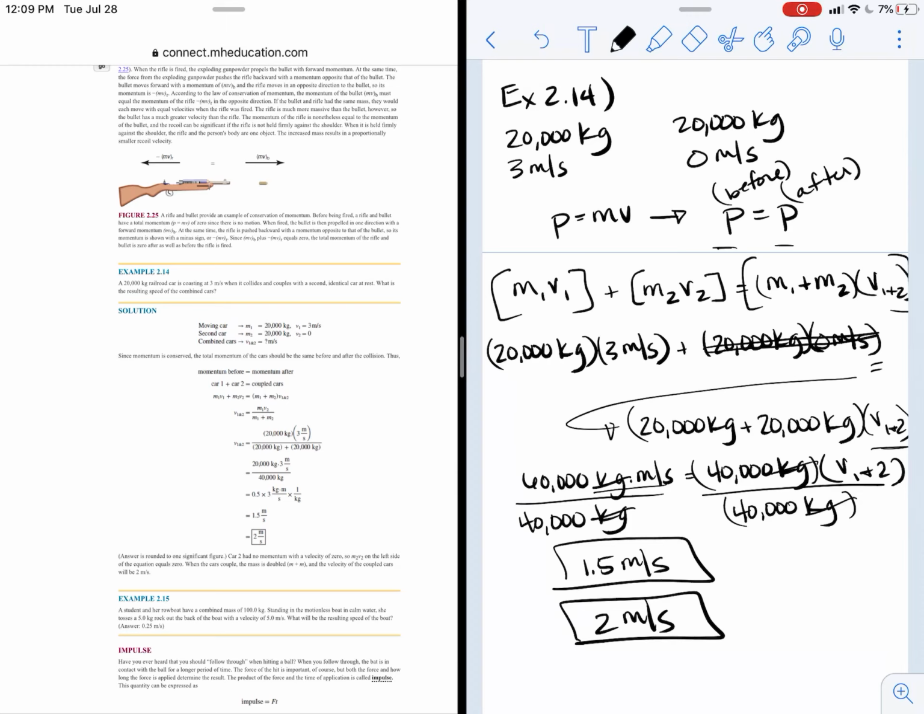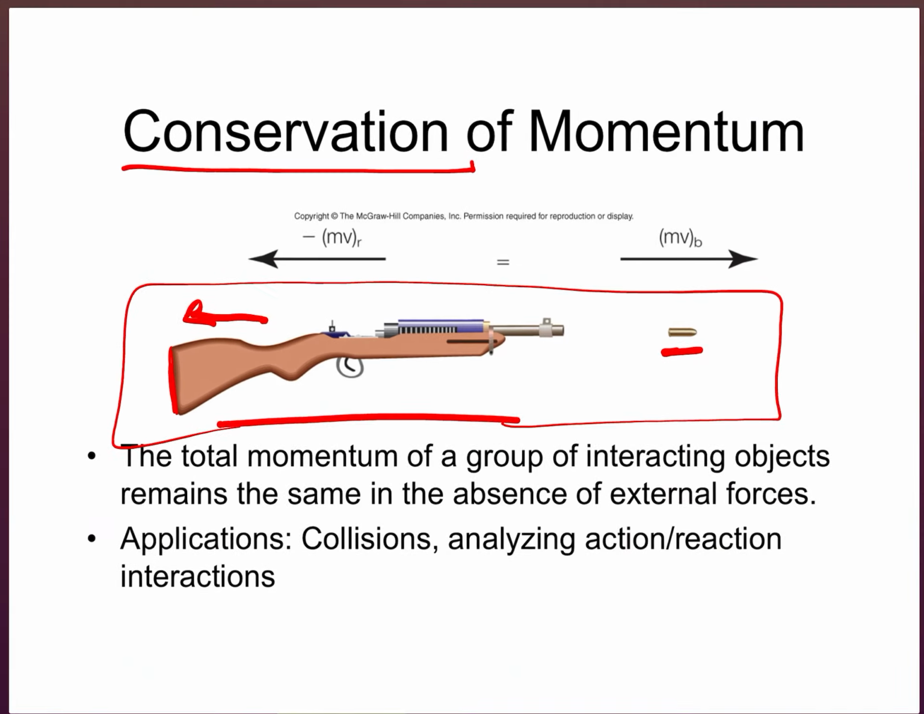It's kind of a tricky one, but just know that momentum has the symbol P. It's mass times velocity, so kilograms times meter per second, and you can equal the before and after like this up here and set it up like we did in this example, and you should be okay. All right, I'm going to go back to our PowerPoint now